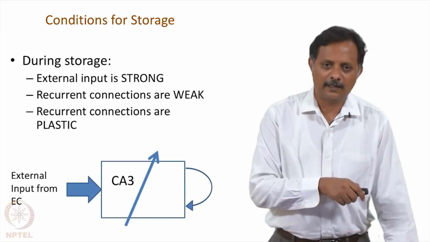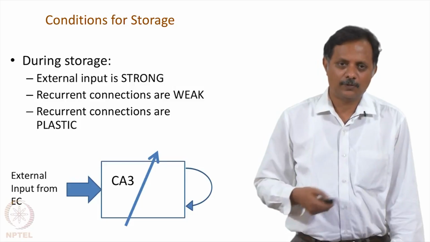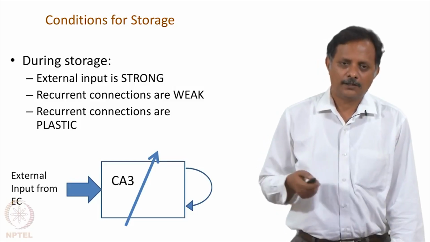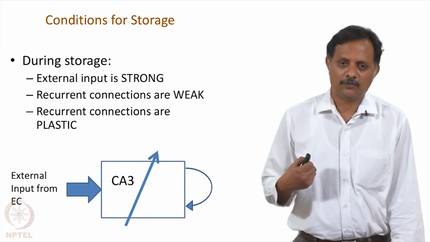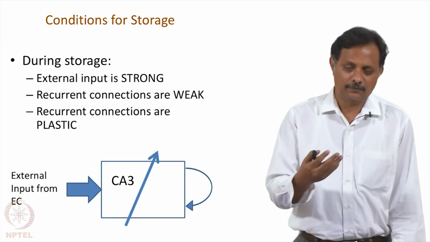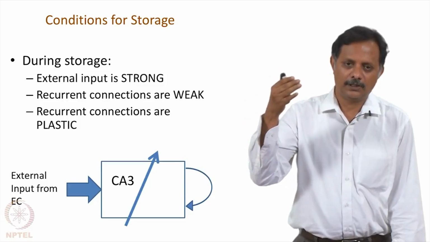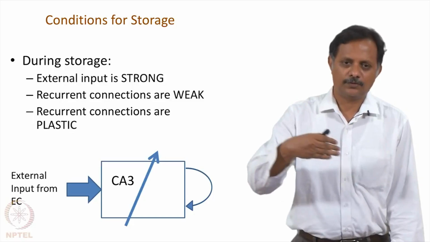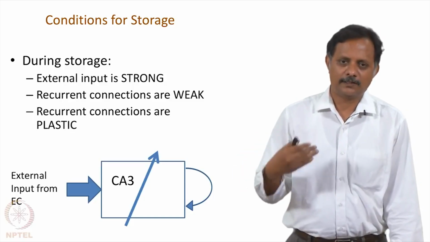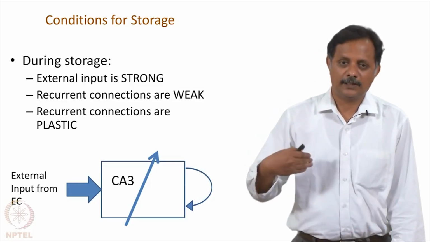Okay, so, if you take this analogy and apply it to the operation of CA3 neurons, what does it look like? During storage the external input, because CA3 is receiving information from higher parts of the brain, for example, the higher sensory cortical areas project all the way to the EC, or entorhinal cortex, which projects to CA3. So, this is external input, and during storage the influence of the external input on CA3 neurons is strong,